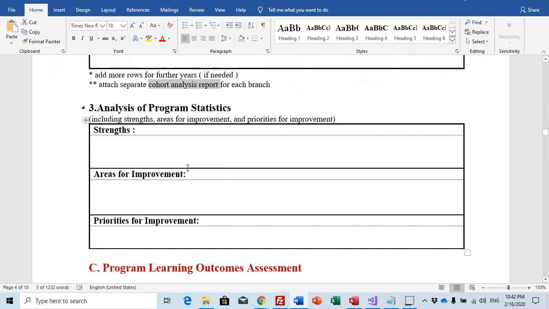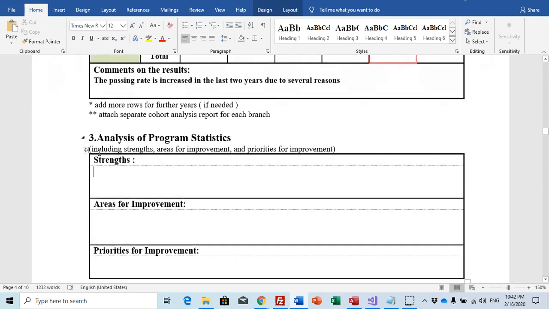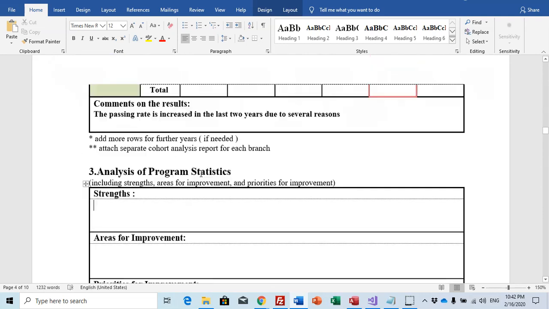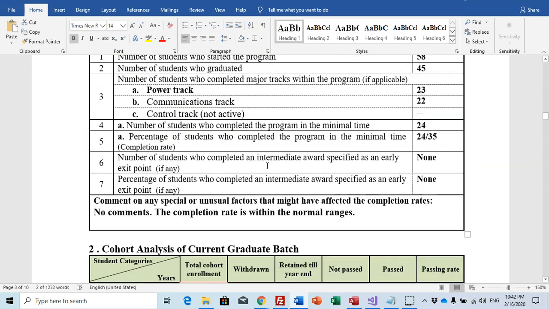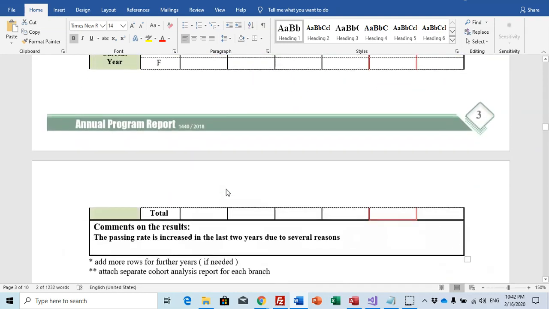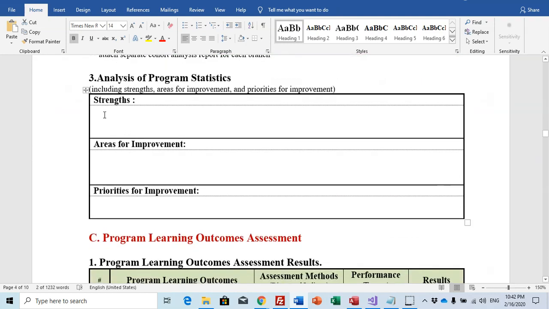Analysis of program statistics. Now you have to write your strengths, areas for improvement, and priorities for improvement. The analysis of program statistics is related to B. So you are writing about all of these results, and you are writing here your comments. The strength, maybe you can see the passing rate is good.